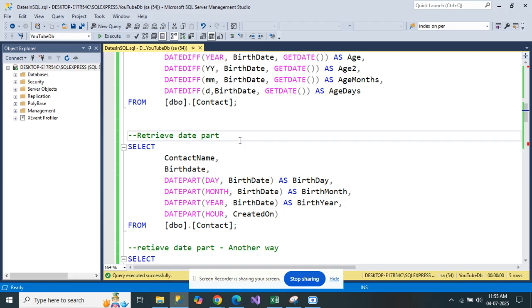Now not every time you need to bring all data of a date column. In a certain place you may need just a portion of the date, and then how to retrieve the part of a date? For example, we can use the DATEPART function. With the DATEPART function, again we'll have to specify what part of the date we want: day, month, year, hour, right, and then the date. So if I go ahead and run this,